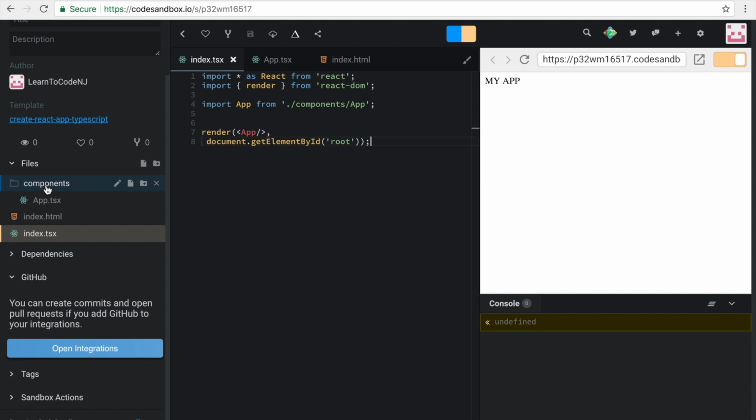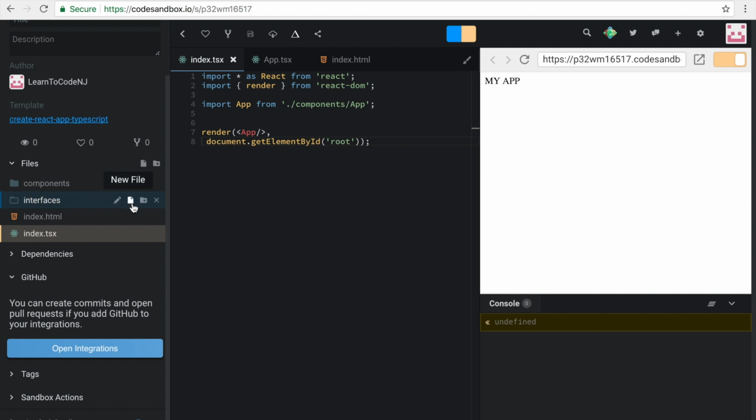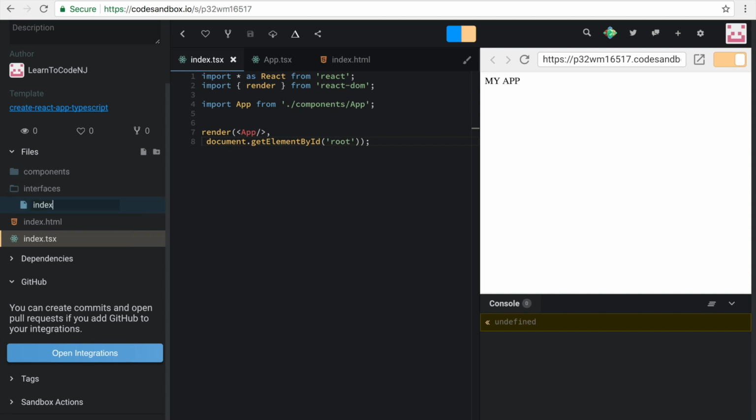So now what we want to do is create our basic to-do list. We have our components folder. We're going to want a second folder because we're using TypeScript to create a set of interfaces. Interfaces are basically the way you can type objects in TypeScript. So let's make a folder, interfaces. And let's create a new file, index.ts,